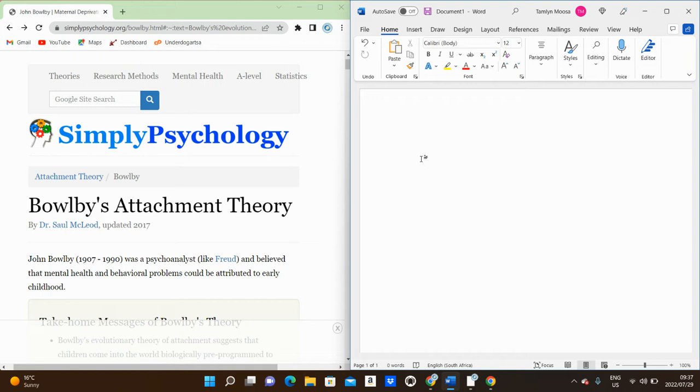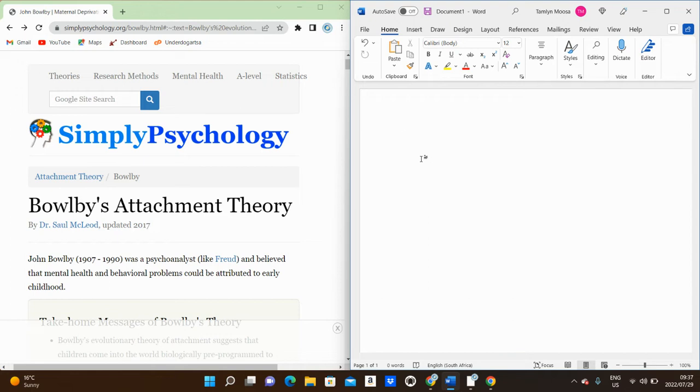For example, you would not go to a firefighter and say, "Can you please help me handle my psychological problems?" You would go to a psychologist. You wouldn't go to a psychologist to say, "Can you please help me put out the fire at my house?" You would go to a firefighter for that. So you need to make sure that the person you're going to has the credentials and qualification to give you